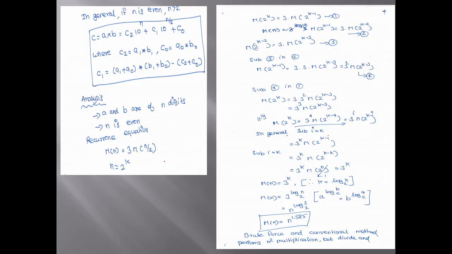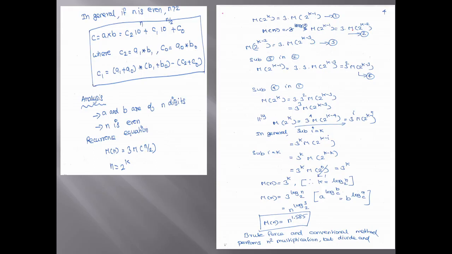We are going to give an analysis by the backward substitution rule. Let us assume n is equal to 2 to the power of k. M of 2 to the power of k is equal to 3m into 2 to the power of k minus 1. M of 2 to the power of k minus 1 is equal to 3m into 2 to the power of k minus 2. Substitute